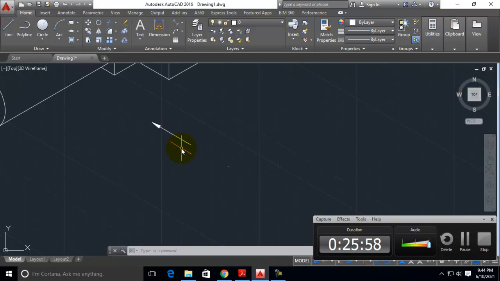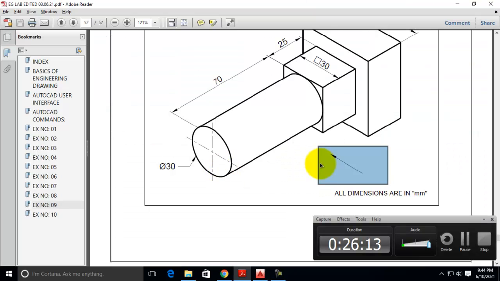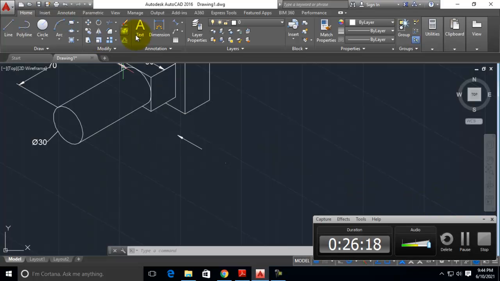This is an easy method for drawing an arrow. You can just join it over here. Now only the arrow is visible. One point will be visible, it doesn't affect the drawing. Now you can write all dimensions are in mm using multi-line text.